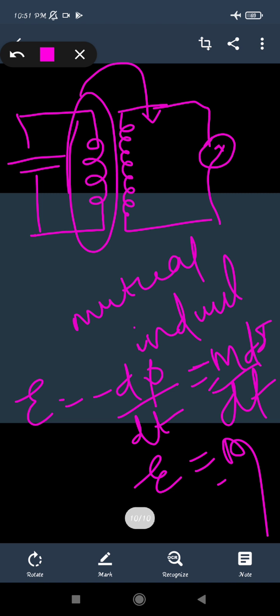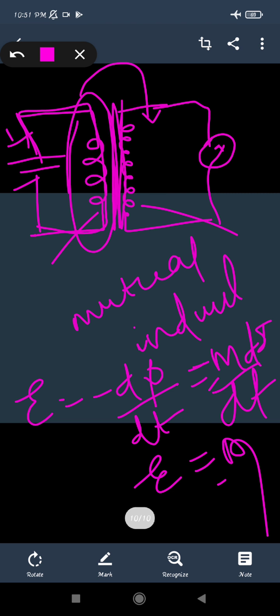So this is similar to that of self-inductance itself, but here the mutual inductance will be taken for the two coils. That is, if you are considering two coils like this, primary and secondary coil, and the current flows through the primary coil, now we are attaching a battery to it, so the current will be flowing through this primary coil. What will happen if the current is varied, then the magnetic flux will change in the secondary coil. So there will be a change in the magnetic flux, and the EMF can be induced. Since the magnetic flux will change, the EMF will be induced in the secondary coil. And we can see the deflection in this galvanometer if there is some current produced in this secondary coil.